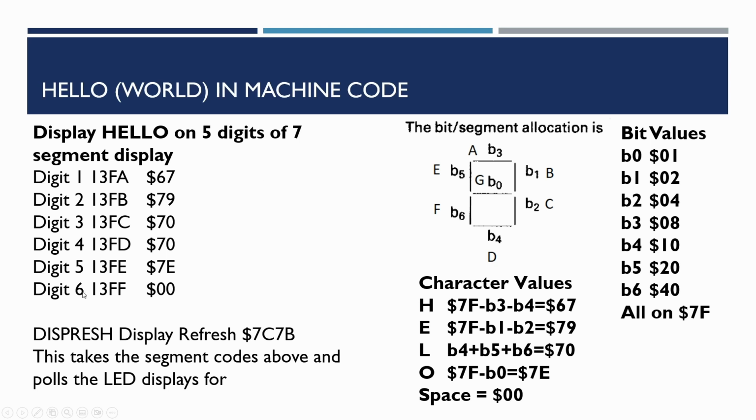The final thing we need to know, as published in the original Wireless World article, is that the display refresh subroutine is at 7C7B. What this does is take the values of each of these memory locations and send the information out to the peripheral interface adapter, values 4, 5, 6, 7, 8, 9 on port B, and take the 7-segment display value here and put that on port A. It displays the values from memory to the display, and I think it includes some delays, so it does it for a couple of milliseconds.